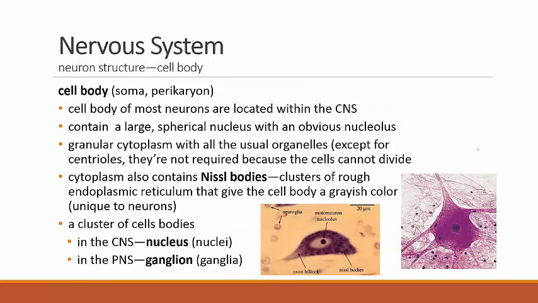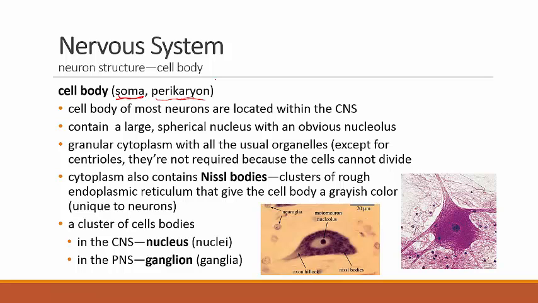Okay, so let's take a look at the pieces and parts, and we'll do it one at a time. The cell body, sometimes referred to as the soma, that would be Greek, I think. I'm not sure if it's Greek or Latin. Actually, probably Latin. This would be the Greek, the perikaryon. But these are other terms. Soma, I know I learned that when I was in college. Perikaryon, I don't think that there are going to be many people who use that term anymore. So the cell body